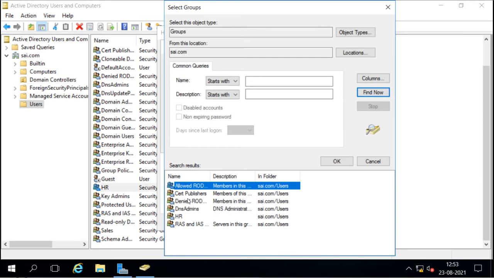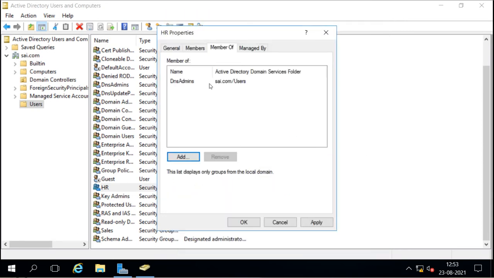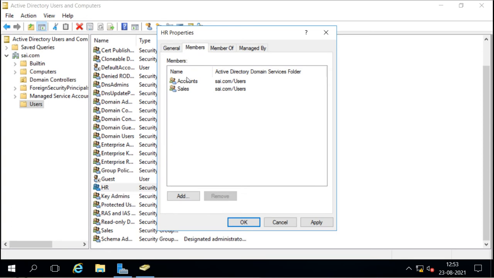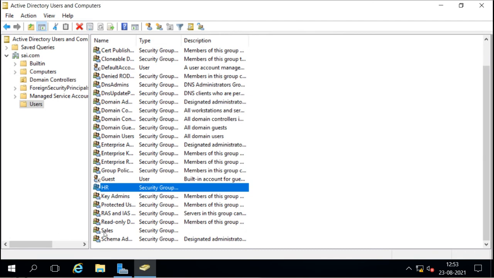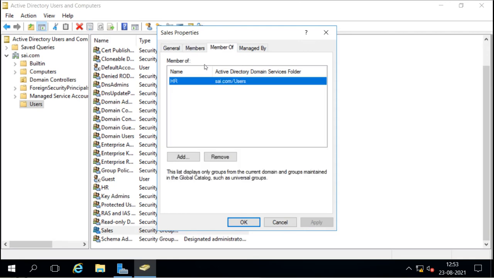Let's say I want to add this to DNS Admins. So now this HR group is a member of the DNS Admins group, and Accounts and Sales are members of this HR group. We can also see here in Sales that they don't have any members, but they can have a user as a member, and this HR group is a member of the DNS Admins group.